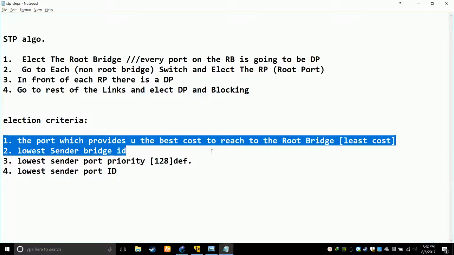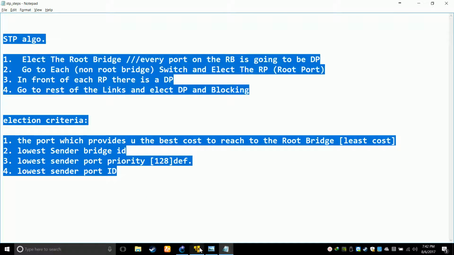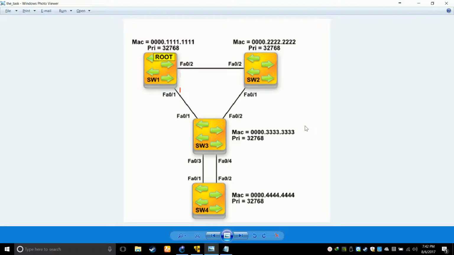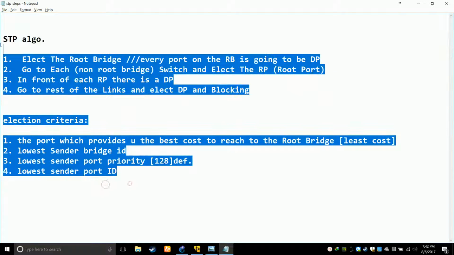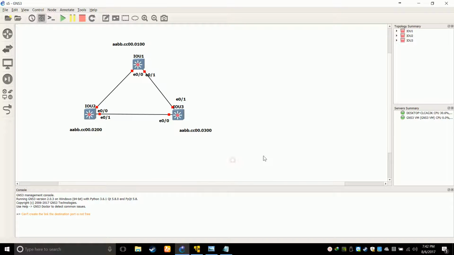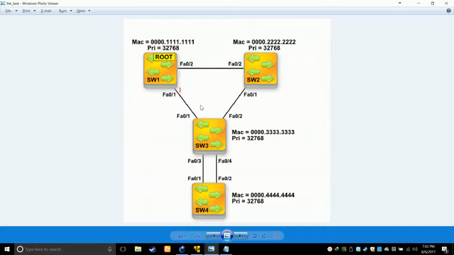So we are going to perform all these algorithms and election criteria in this bigger topology. Why this bigger topology? Why have dual connections and all? Because in this topology you can see all the 4 election criteria at work. The main thing about spanning tree, and even if you study various other flavors of STP, the election process pretty much remains the same. The same way you perform the election in this very simple topology, in a similar way you will do the same thing here.